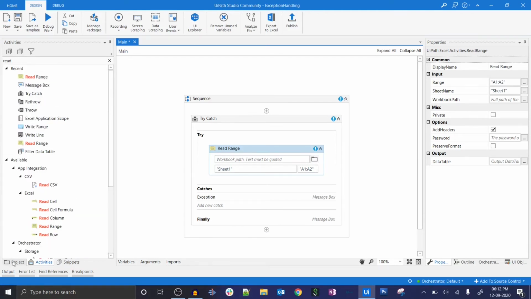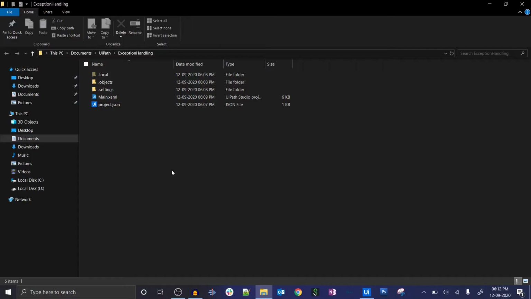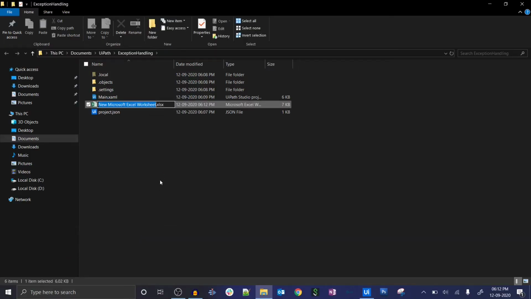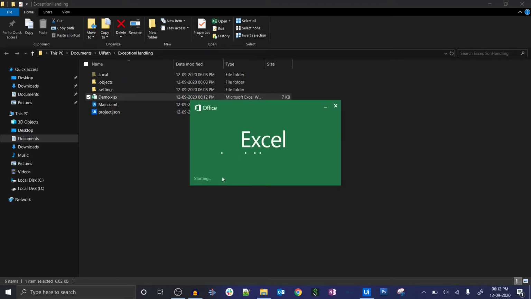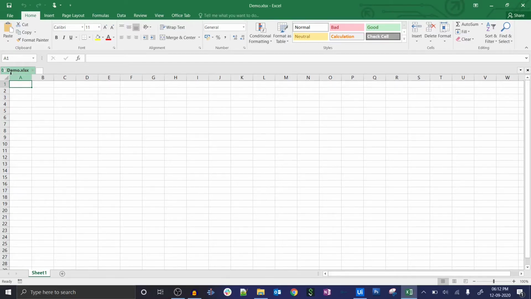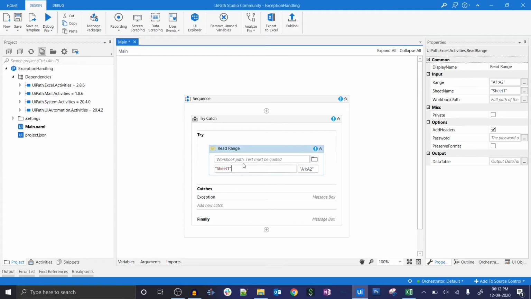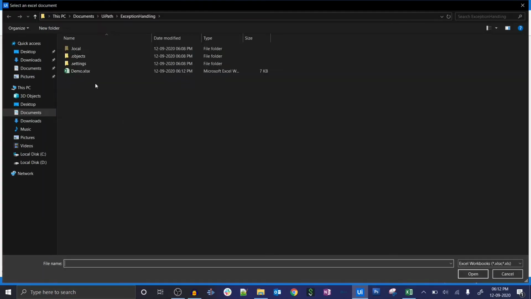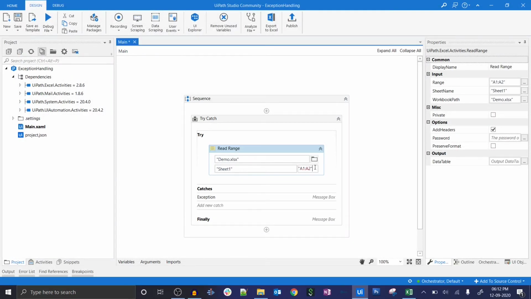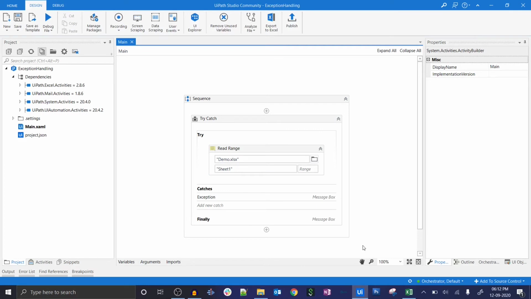So let me create one demo Excel file, demo.xls, in which there is one sheet, Sheet1. Here Sheet1 is available, and I'm going to point to this demo.xls file. The range A1 to A2 is already defined, but I don't want to use it since it does not have any data.